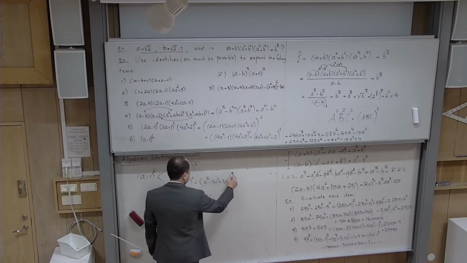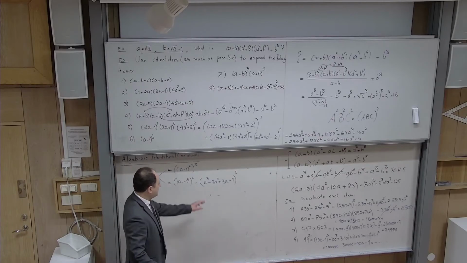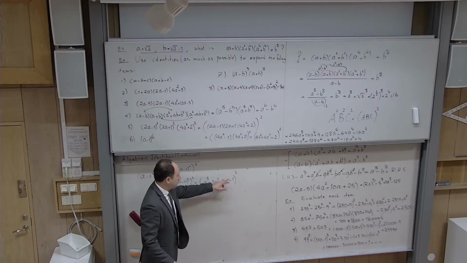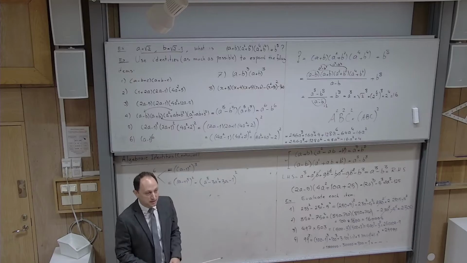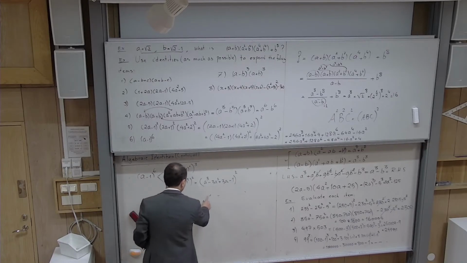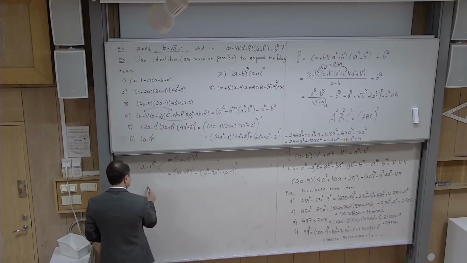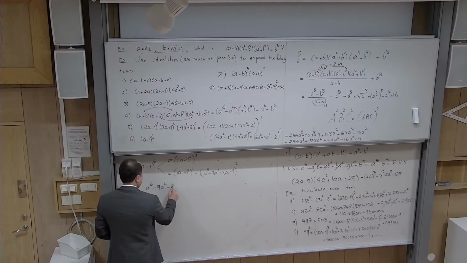And then I have the second power of 2. But this is not 3 terms, this is 4 terms. But for the 4 terms, the pattern is exactly the same. I just mentioned it briefly last time when I was talking. I didn't prove it for you, but that pattern is also going on. So the answer becomes the first one cubed, the second one cubed, the other one cubed,